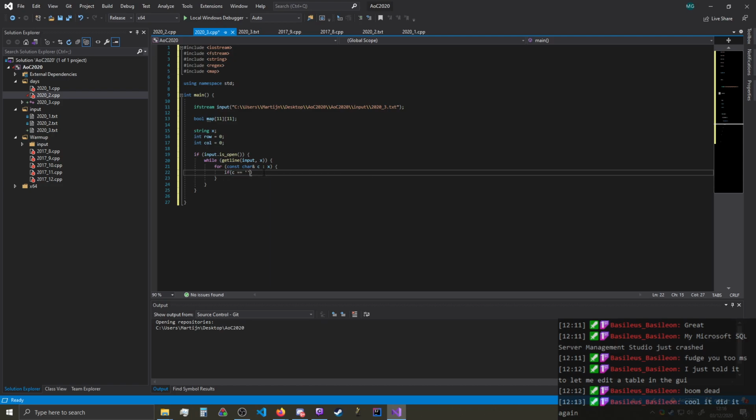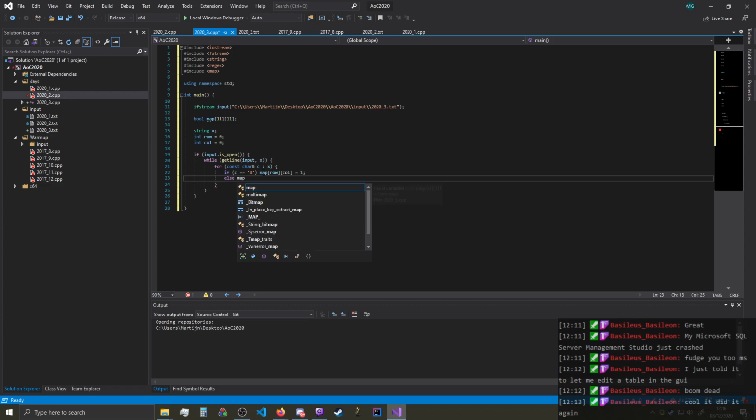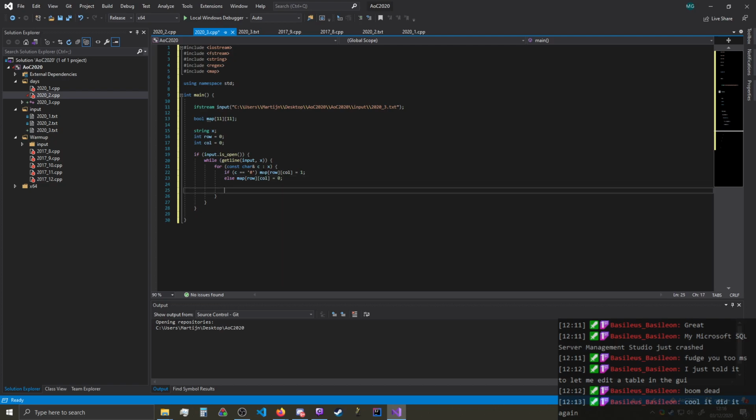If C equals a hash, then map row call equals 1 because it's a tree, else map row call equals 0, and then we just do a column, and then we do a row, and then we just do